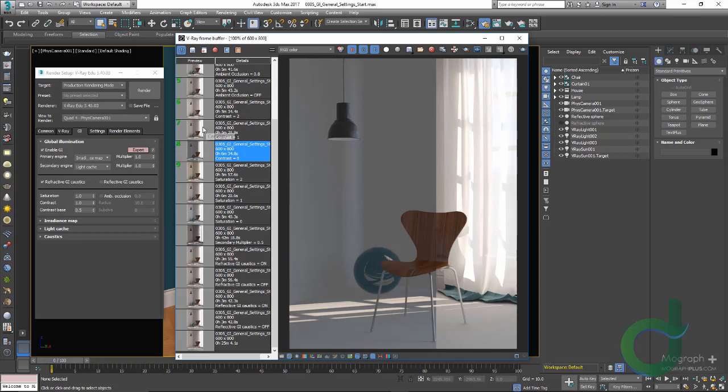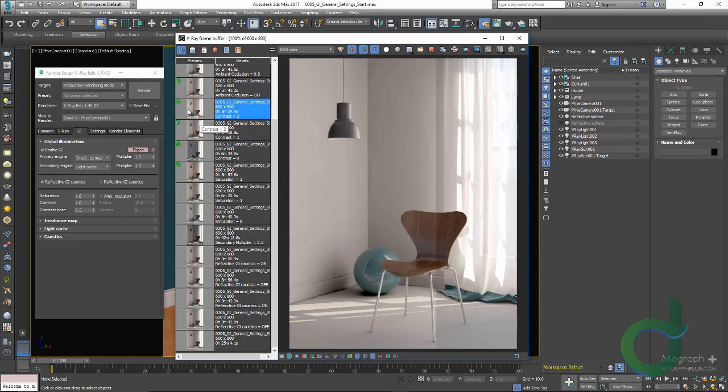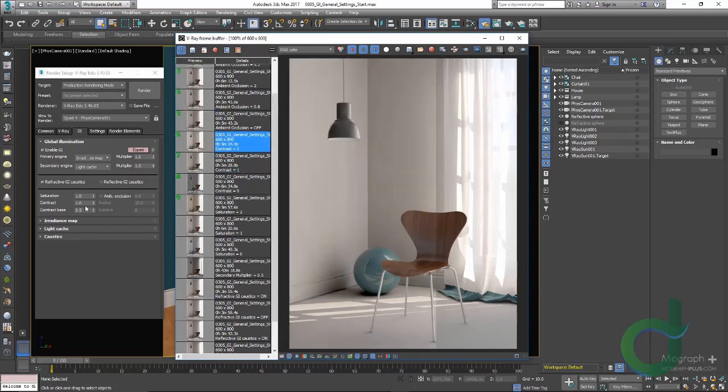Then the contrast was set to 1 and 2. And now, as you can notice, we have a lot more contrast. Let's set the contrast back to 1. Next we have ambient occlusion, and if we enable it, we will be adding an ambient occlusion effect to the